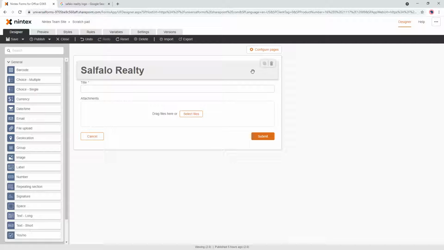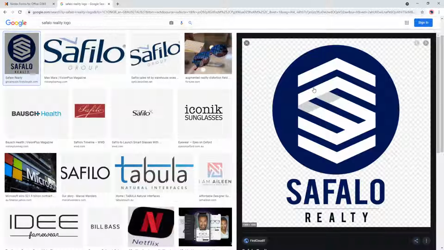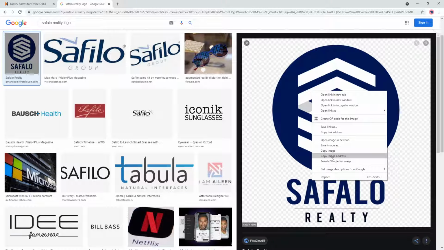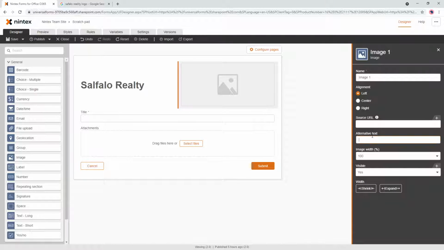Hi everyone. I was recently asked the question on how to put a logo at the top of a Nintex form. So if you've got a single page form like this, it's pretty simple. Just grab an image control and put it on the top of your form or wherever you want to put the logo. Find a publicly hosted version of your logo and go to the image control and paste it into